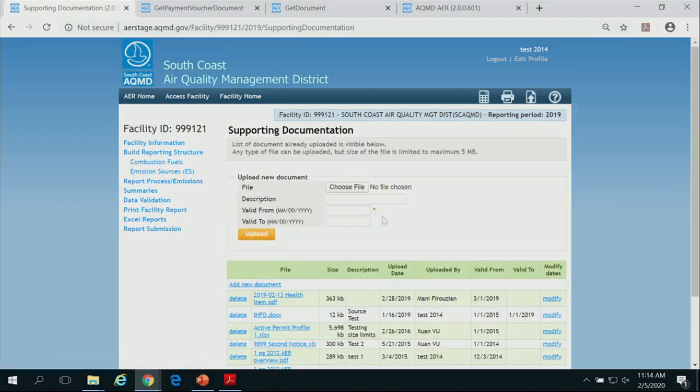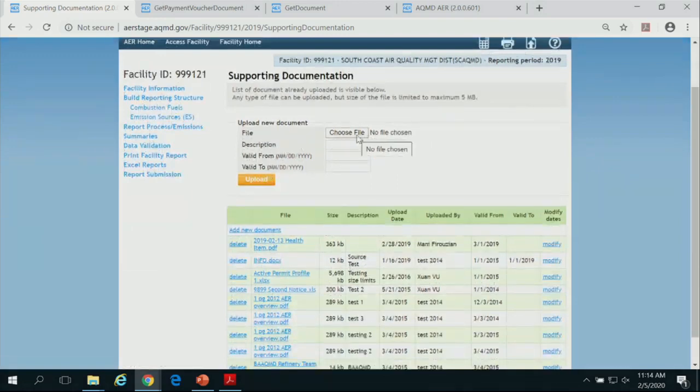When you click on that, it opens this field where you can attach the electronic document. You can describe what it is, and you can provide valid from and valid to. Let's say the valid from is the date that you uploaded. The valid to option is provided there. Let's say you did a testing, but it's good for 3 years.